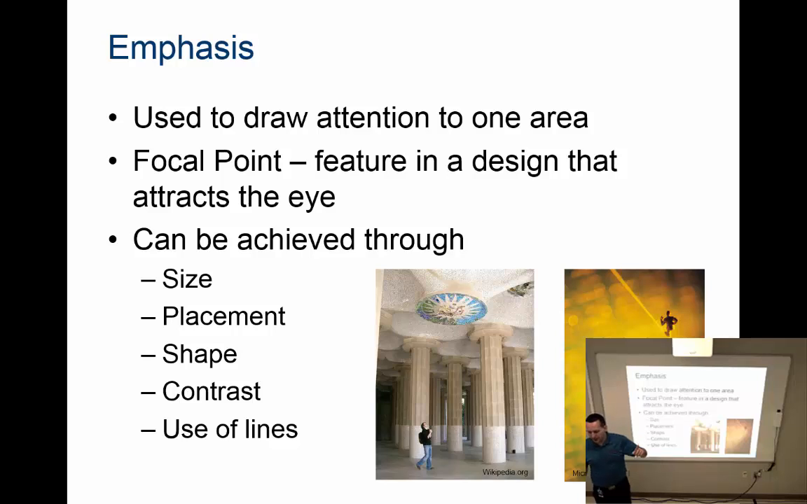The next principle is emphasis. And the idea is to draw attention to one area or a focal point. And this can be achieved through size, placement, shape, contrast, use of lines. Notice that some of these, like shape, use of lines, color, these are elements. So I can create emphasis like, this focal point for this interior space. Maybe the texture out here is rough compared to smooth texture here. Differences in the color here and here. I'm using vertical lines, just maybe pointing towards that focal point. So there's a lot of elements I can use to create